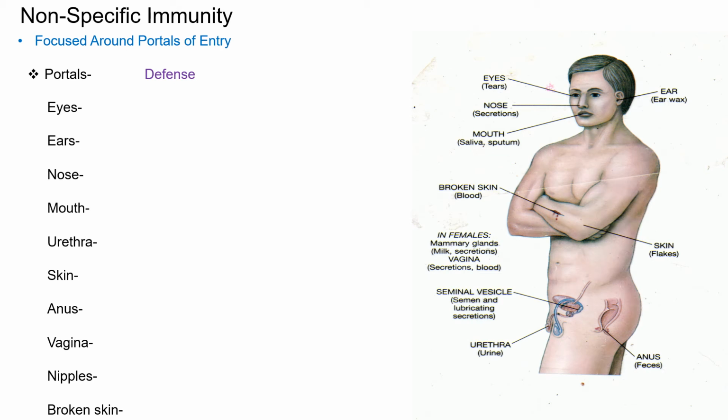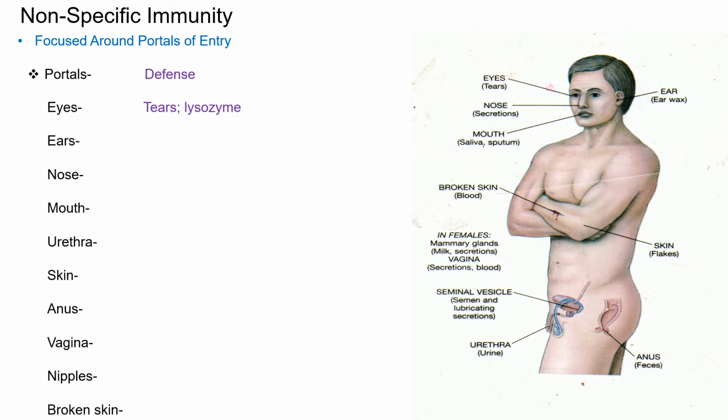Now, when we start off with the eyes, the big defense are your tears. How do they protect you? Real simple. They flush out whatever comes in. It doesn't matter if it's a virus, a bacterium, or a parasite, tears are going to flush them out of the eyes. Also in the eyes, we see a lysozyme enzyme, which we've already learned over and over, it's the same enzyme found in lysosomes, a hydrolytic enzyme. So it will cause hydrolysis reactions, which means simply the organic compounds that make up these life forms, because they are all organic, are broken down into monomers. And when that happens, that will destroy the organism.